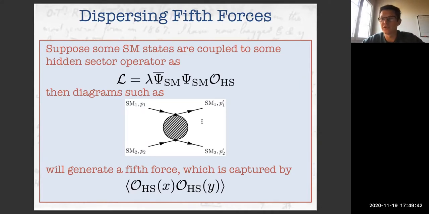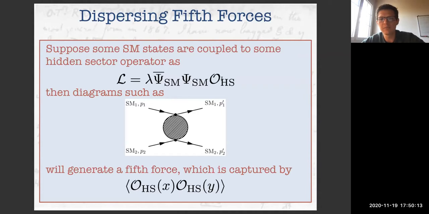Of course we can search for their effects, if they're very light, in fifth force experiments, but fifth force experiments have not really been generalized to a large extent. The only model that's really used is a simple Yukawa force, what you get from tree level exchange of, say, a vector boson or a scalar. But we can do better than that, because we can understand the general properties and the influence of these sorts of states in a much more all-encompassing manner by using dispersion relations.